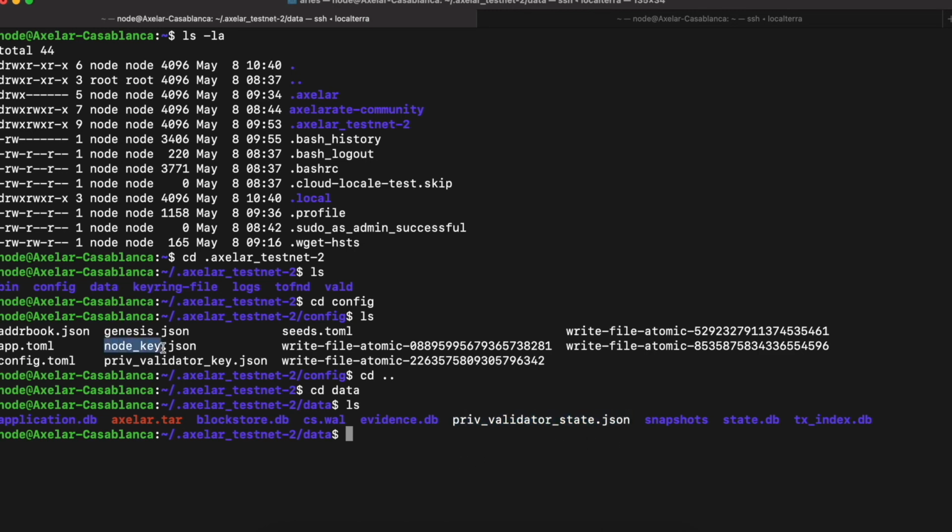Again, the node_key.json file and the prev_validator_key.json file present in the config folder, and the prev_validator_state.json file present in the data folder. Download these three files and store them in a safe location. If there are any issues with the server and you need to switch to a new server, all you have to do is follow the whole procedure in this video. Just replace these files in these locations and restart the node, and this will restore your node with the same